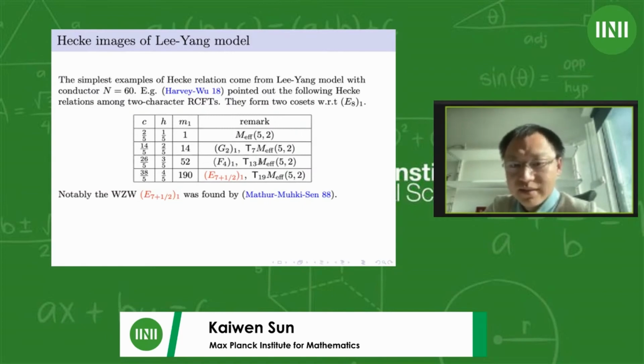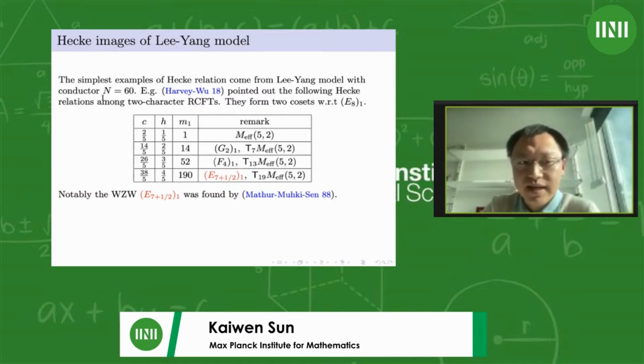If you apply the T13 Hecke operator on the Lee-Yang characters, which are the Rogers-Ramanujan functions I showed, you will get the F4 level 1 WZW model, the two characters. And further,